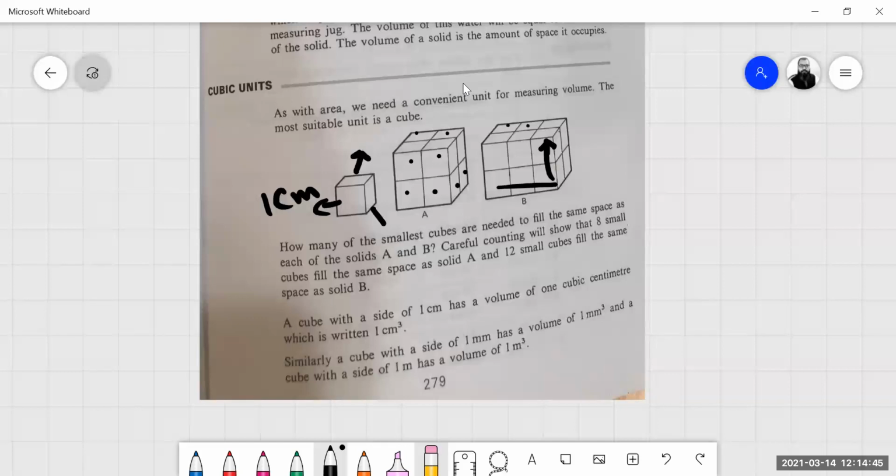12, like this. 1, 2, 3, 4, 5, like this, 12. How many are there? 12. 3 from this side and 2 from this side. This one layer, 6. Other layer, 6. Do you understand? Look how many are there. 3, 3, 6, and the same on the back. This 3 and this 3. So total 12. The same here, 2 here, 2 here, 4, and 4 on the back.